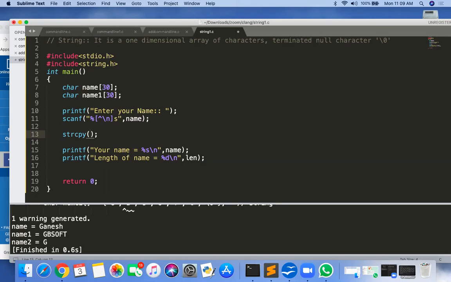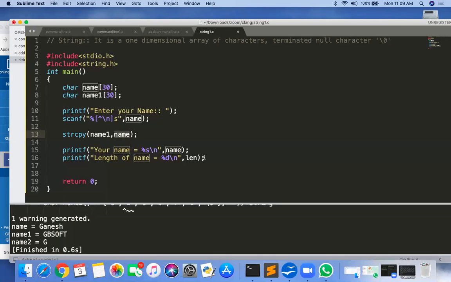The usage is, I think, first one is your destination, where I want to copy, name1, and from where I want to copy, name. So whatever the content of name gets copied into name1.